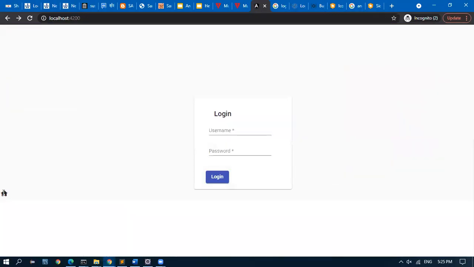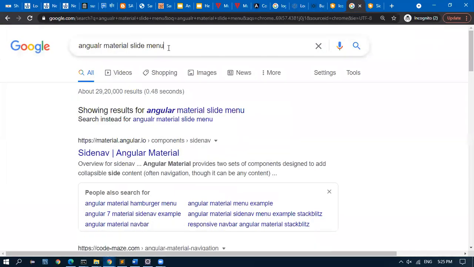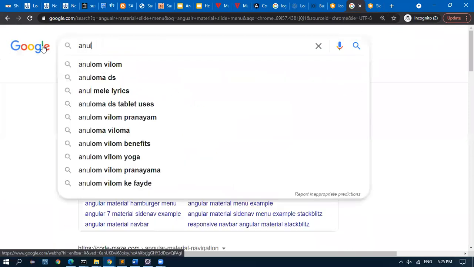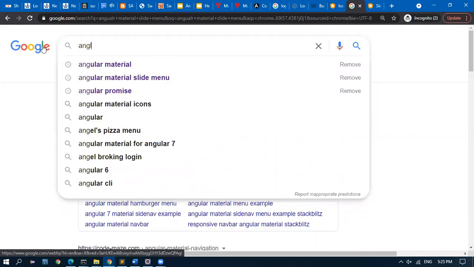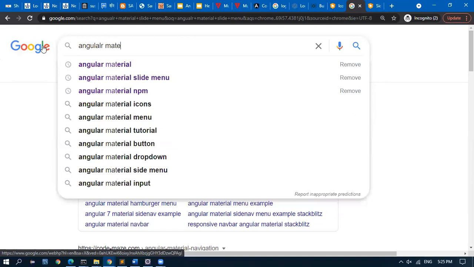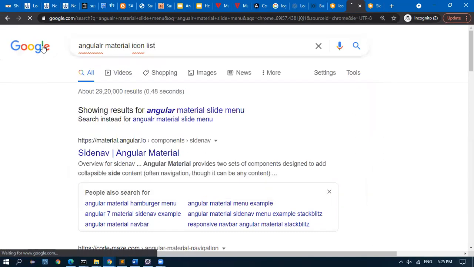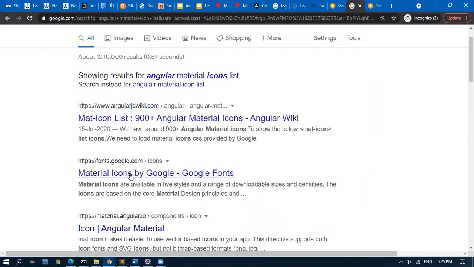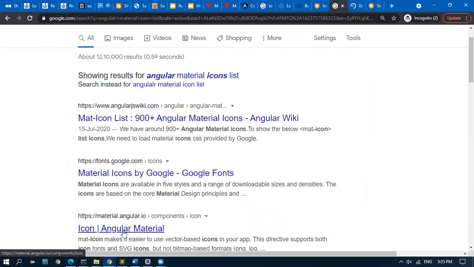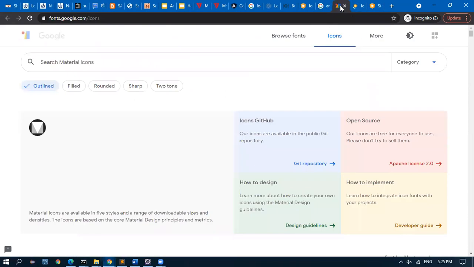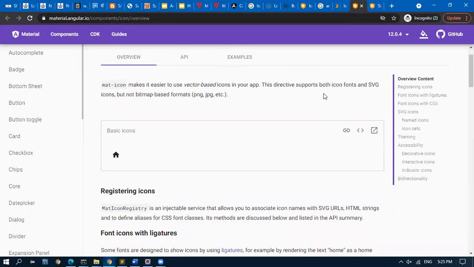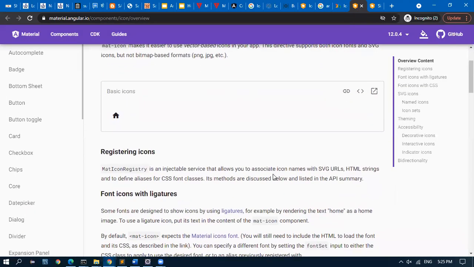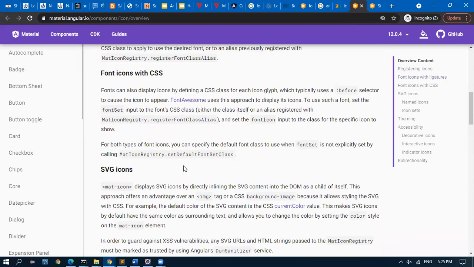So here is the home icon. Now instead of the home icon, I want the three horizontal lines. That's the menu icon. For that, Angular Material icon list. Font icons, material icons. You will get a bunch of icons.